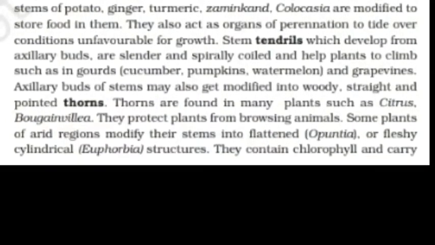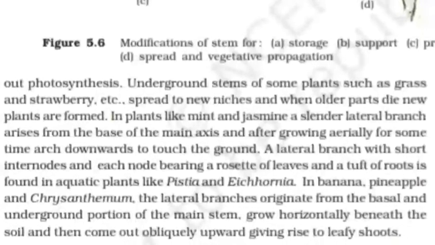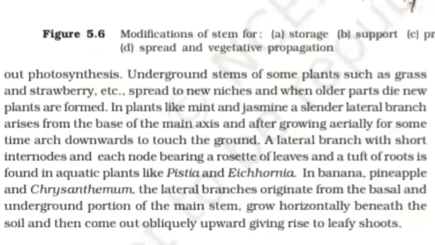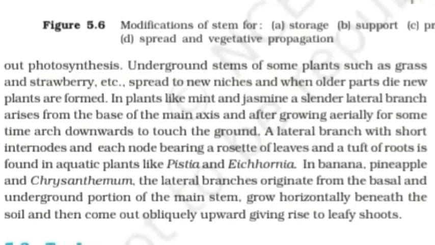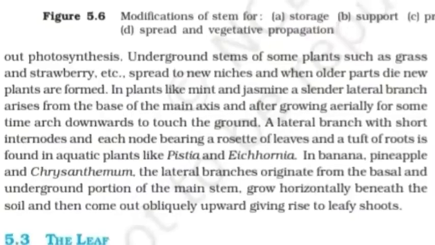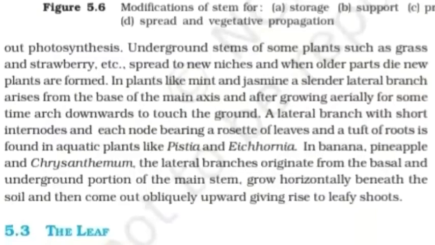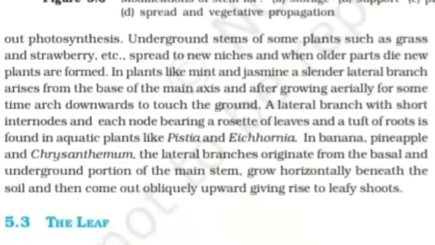They contain chlorophyll and carry out photosynthesis. Underground stems of some plants such as grass and strawberry, etc. spread to new niches, and when older parts die, new plants are formed. In plants like mint and jasmine, a slender lateral branch arises from the base of the main axis, and after growing